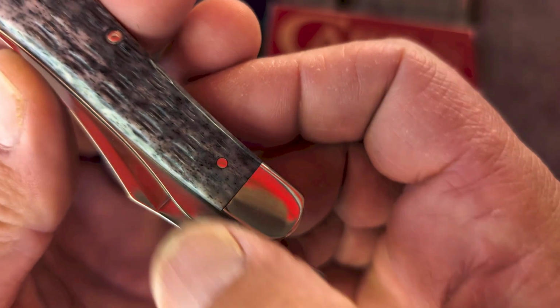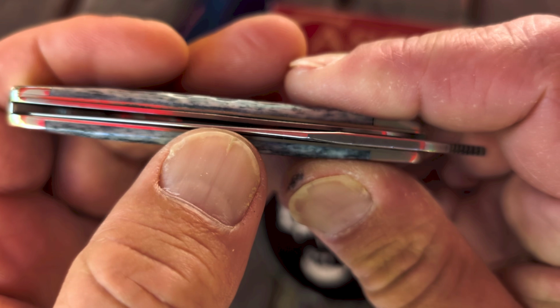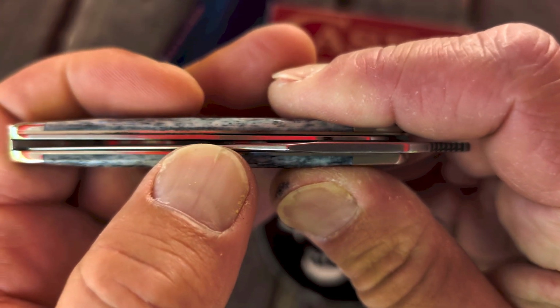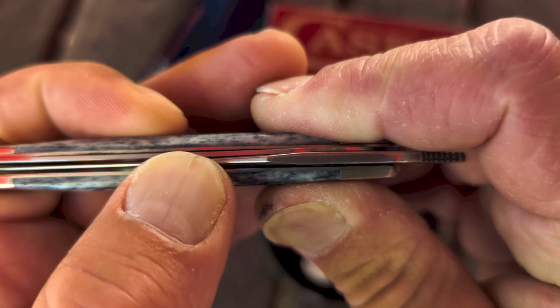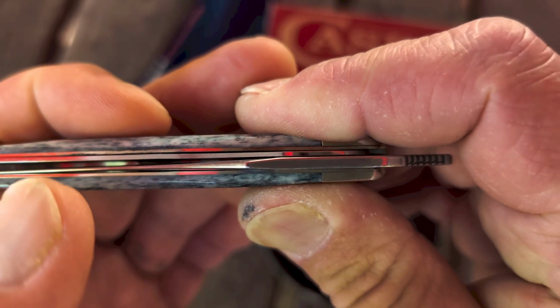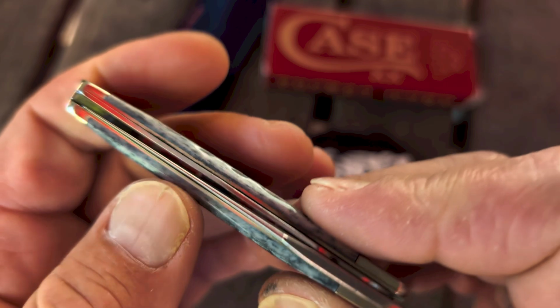But I think it has to do with these liner locks here, kind of push the blade over. So you see, as I hold it here and I push the blade over, you can see how that liner lock crunches up, and when I let go, it opens up a bit. So I do believe it's the pressure. Now,